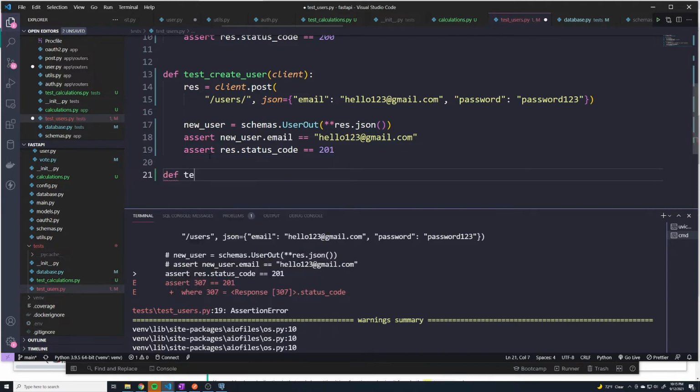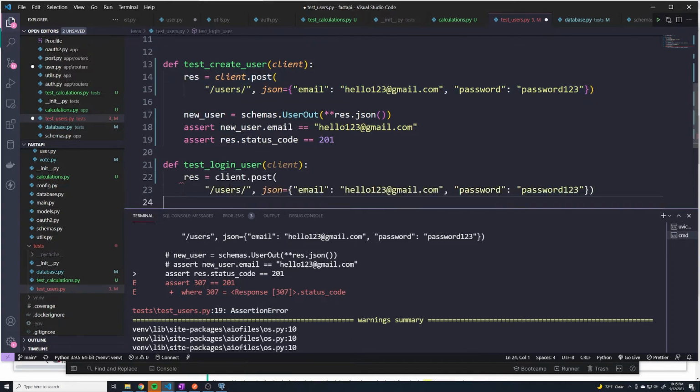So I'm going to do def test_login_user. All right. And this test is going to be dependent on the client fixture because we need to be able to send a request. So I'm going to pass in client. And I'm actually going to copy this line right here. We'll change it, of course. All right. And so this is going to go to